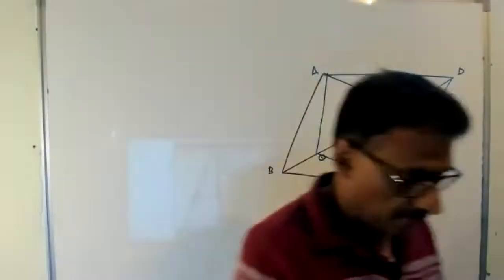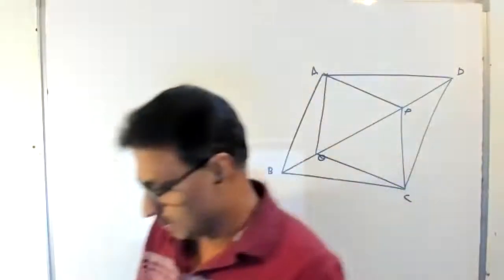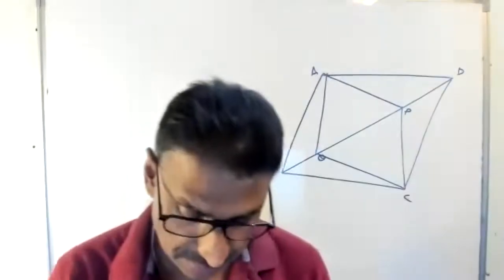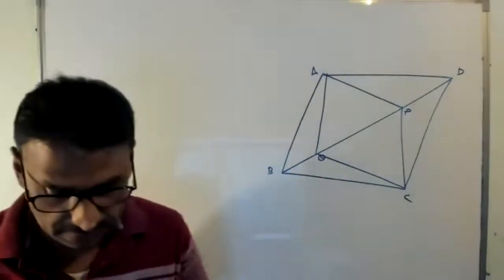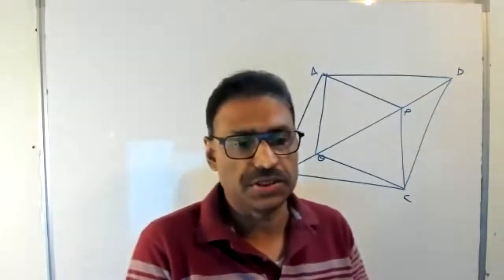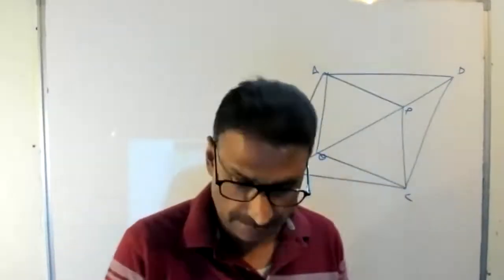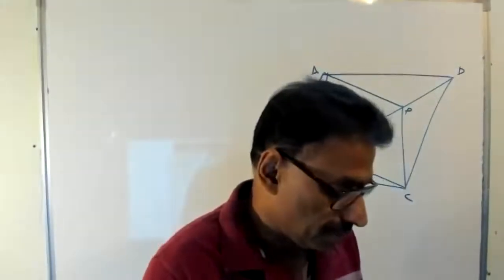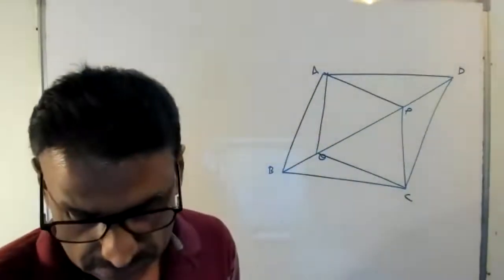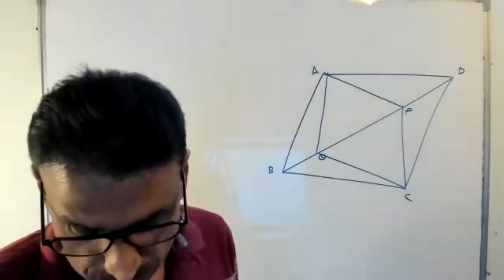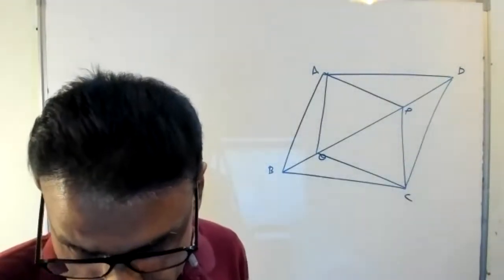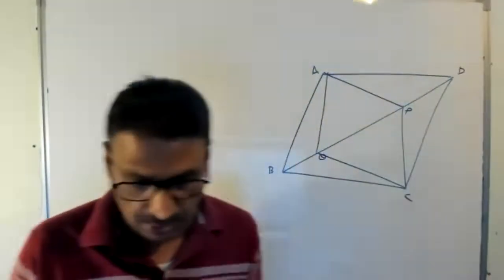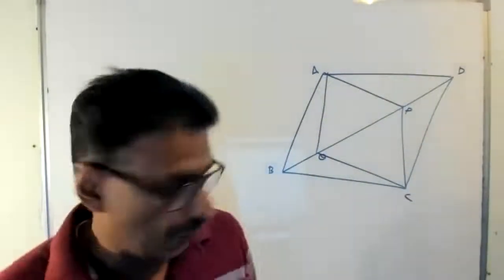This question, don't start, I'll explain. It's very lengthy, 5 parts are there. Before starting, you should know what is a parallelogram. Just go through the question. In parallelogram ABCD, 2 points P and Q are taken on diagonal